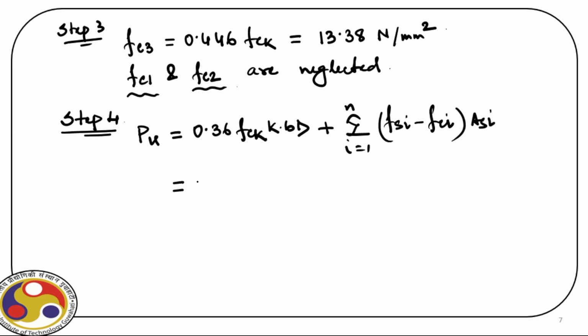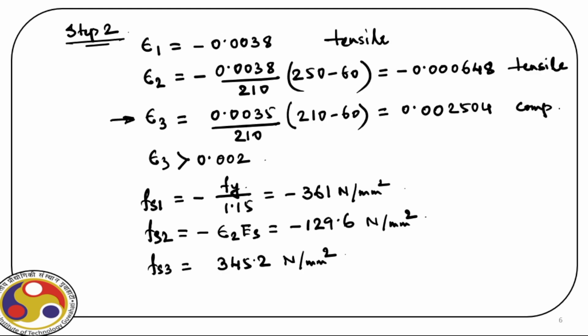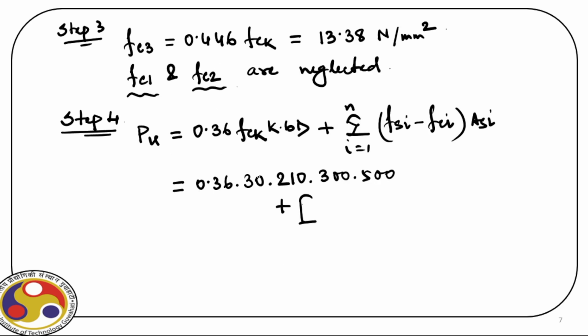So let us put the values. 0.36 into 30 into k is 210 times 300 times 500 plus we have 3 layers of steels. So for the first layer, the stress in the steel is minus 361. So we have here minus 361 minus 0 because we neglect fC1, plus